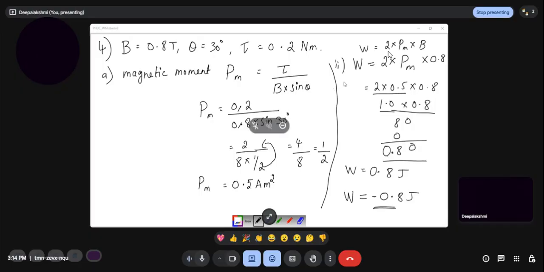So for work done we have a formula like this: 2 into, because 2 times it has been moved from one position towards the other position. So 2 into the found magnetic moment Pm into the strength of the magnetic field B. So 2 into 0.5, what we have found is the magnetic moment, into B value is 0.8. So 2 into 0.5 becomes 1.0. So 1.0 into 0.8 you will get 0.80. So the work done is 0.8 joule, but since it's in the opposite direction we are expressing with the negative sign. So work done is equal to minus of